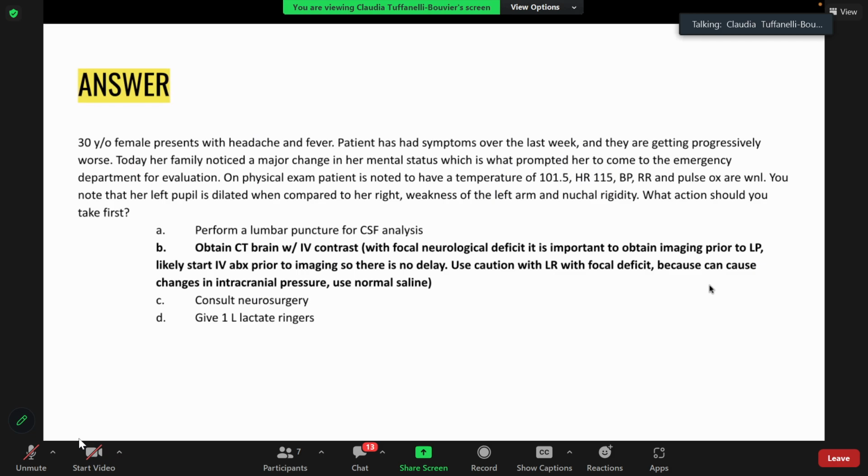You're also going to start antibiotics on this patient because she has that nuchal rigidity. She has symptoms concerning for meningitis. So I would probably start antibiotics unless you can get the CAT scan fast and neurosurgery consult fast. So get the CT brain with IV contrast in this case. So that is it. And please, does anybody have any questions